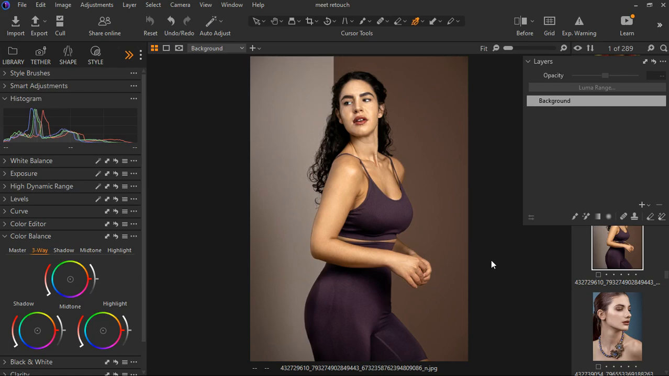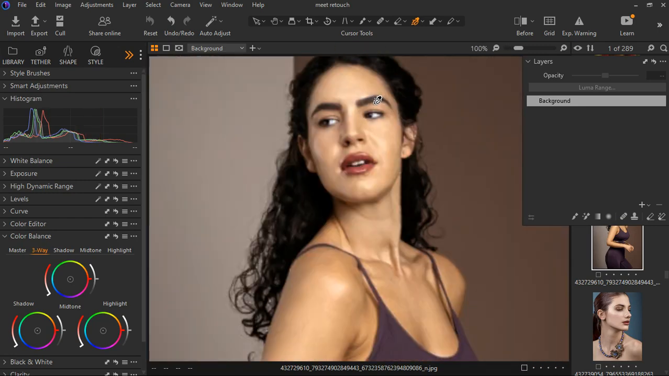So let's go into Capture One and let me show you how to use the color wheel in color grading. Let's get started. From the image we have, if we observe, we start with the skin tones because the